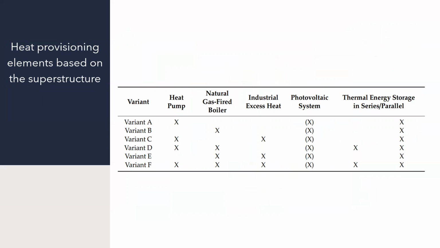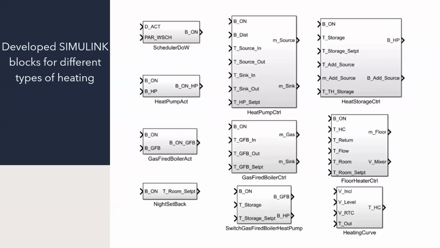For thermal energy storage, different hydraulic combinations are possible. In general, multiple heat storages can be connected in parallel or in series in both positions. For developing a Simulink block for different types of heating, there are three types of variables: a design parameter, the second is the process variable, and the third is the dynamic output. The first one, design parameters, are